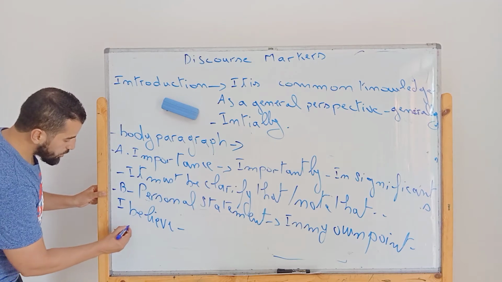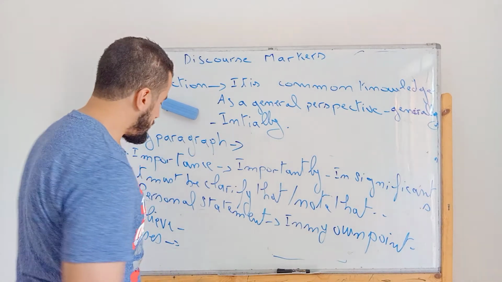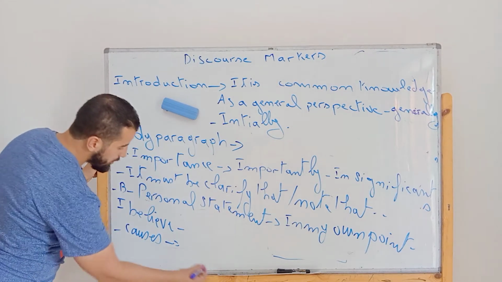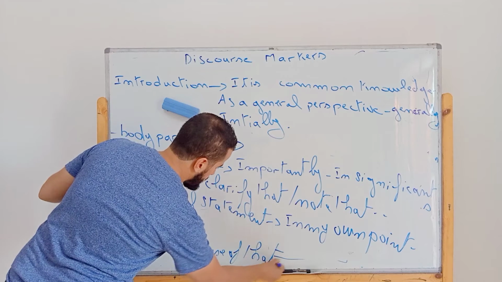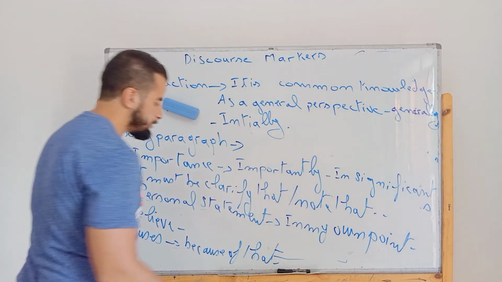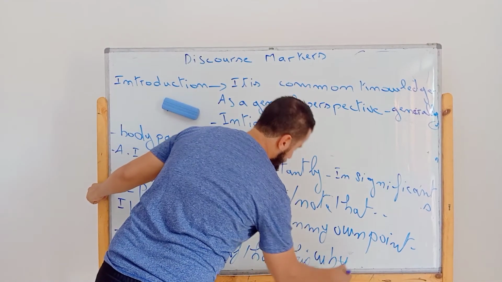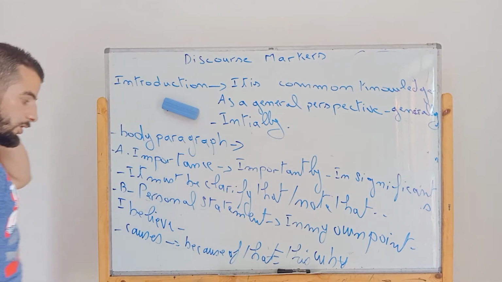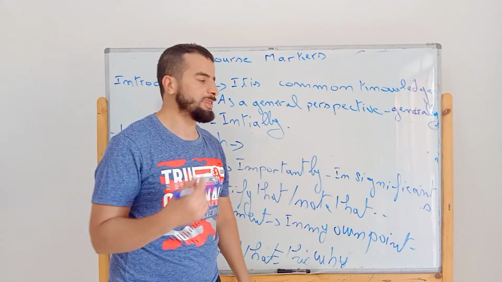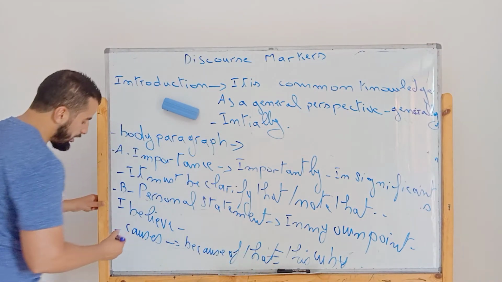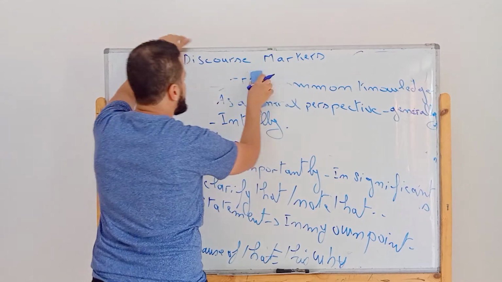When we talk about causes, okay? So causes here, we have, because of that, what do we have also? This is why. So here I use these to express causes, etc. There are plenty of discourse markers, as I said. We have results. So I'm going to erase this part so that I can continue.